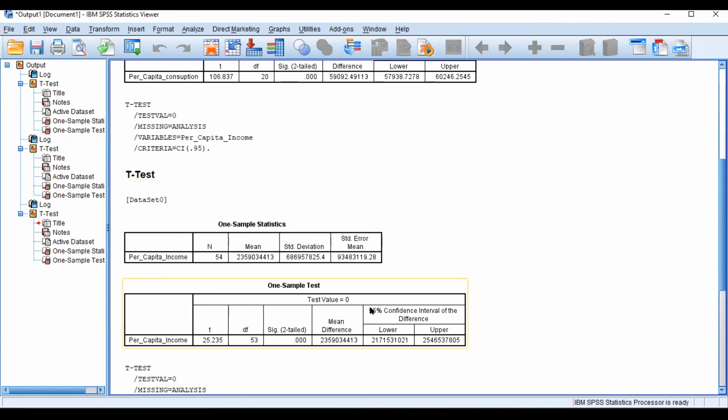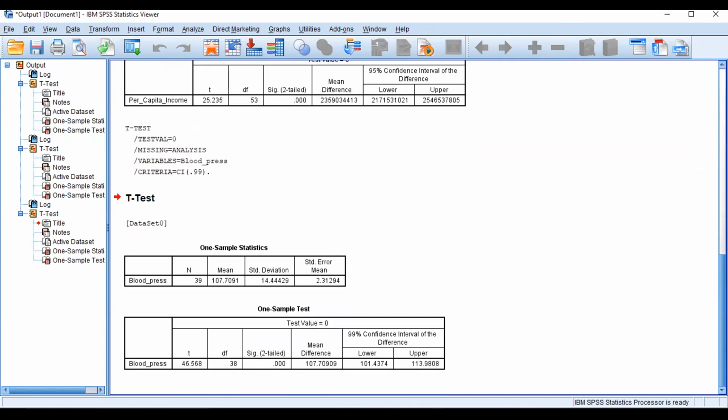It was at the 95% level, and in both cases the null hypothesis was significantly rejected. In the third example, we took blood pressure, because it is a biological thing under control, everything is internally governed and regulated within a body. So there is a highly standardized parameter for blood pressure.